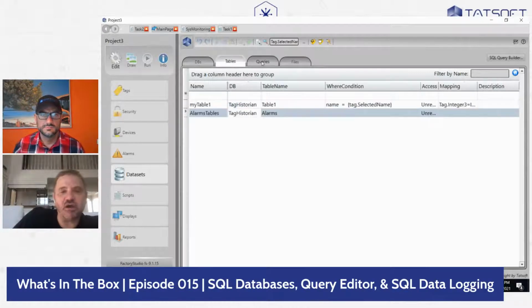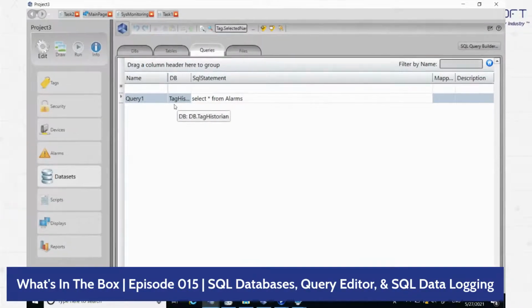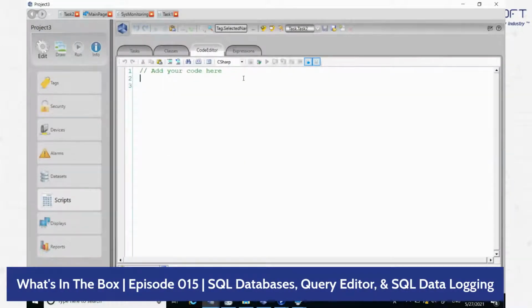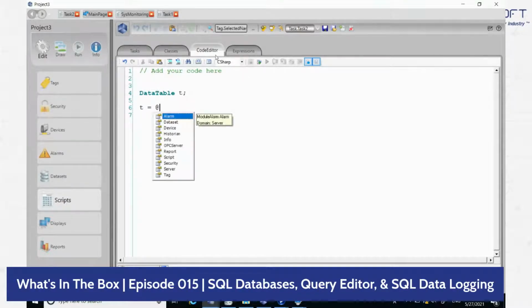But anyway, so the concepts of SQL and query are pretty much the same. And you just use those objects in any place of your application. And I'll give one more example here in the code editor. There is a very important .NET type called data table. So data table is a .NET object that holds a set of data. So if I want, for instance, to do a more advanced application, I can read